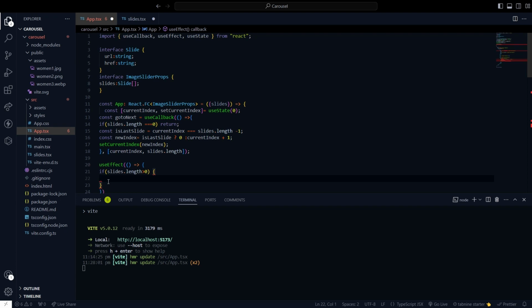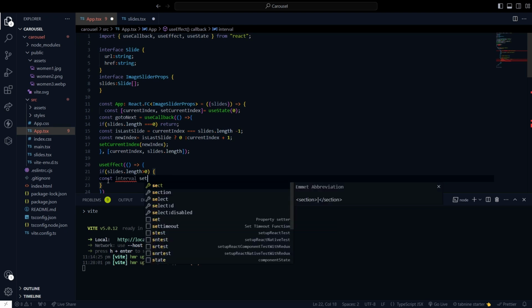And here we will return this one, which is another function for the clearInterval, and that will be equal to interval. So if you hover here, you can see its id number is undefined. So yeah, it's for the useEffect